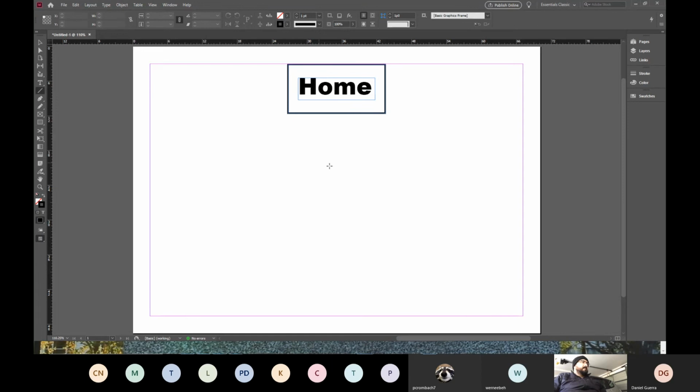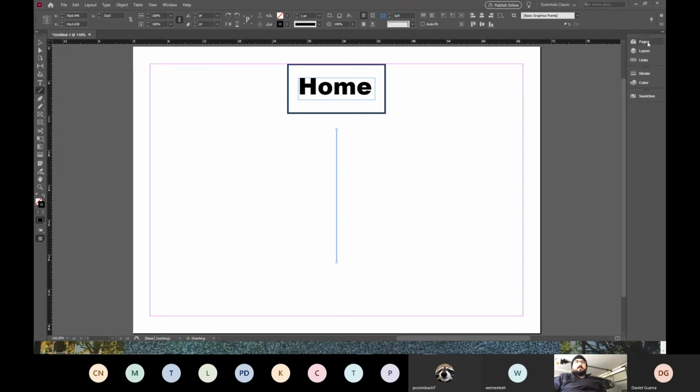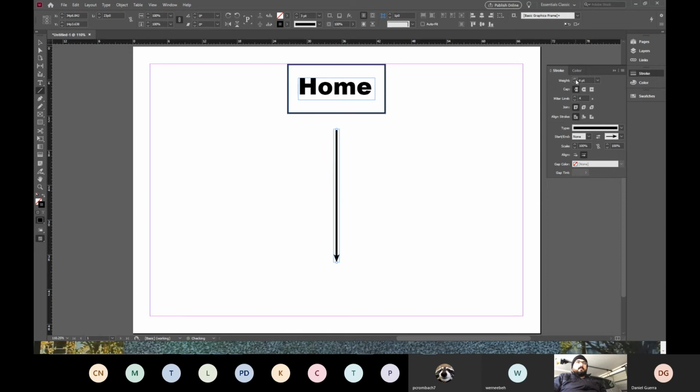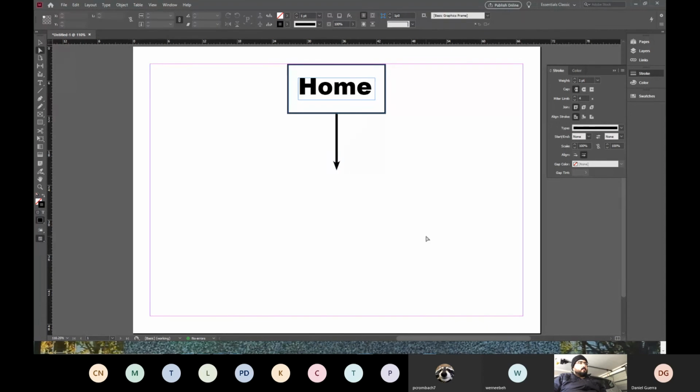Right. Now let's get a line. Let's make a line down here. Then open the stroke options on the side. And then the start end arrow. Let's just make it bigger. Oh, actually, let me just